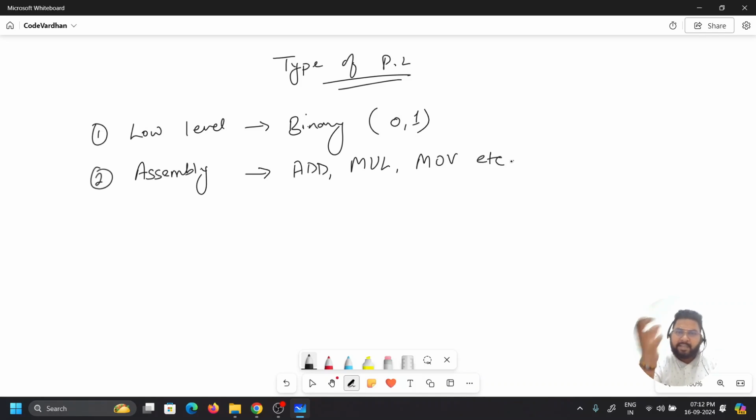Assembly language was very good at the time when it was discovered, and it was very easy to code because writing zeros and ones was overtaken by assembly language. Then we have high level language.